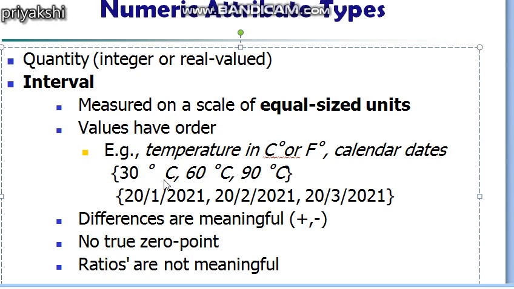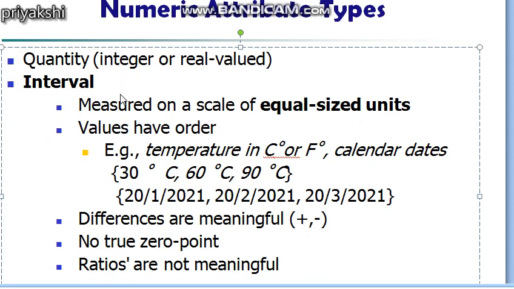And in addition to that, they have the property of equal distance between the values, representing equal intervals. So I have written here: measured on a scale of equal sized units. As a result, the operations addition and subtraction are meaningful in case of an interval scale